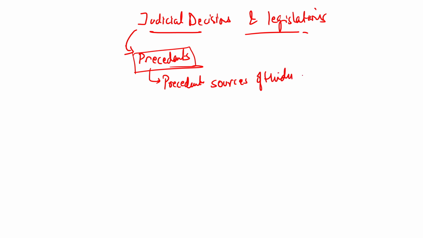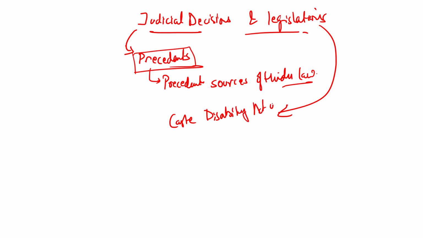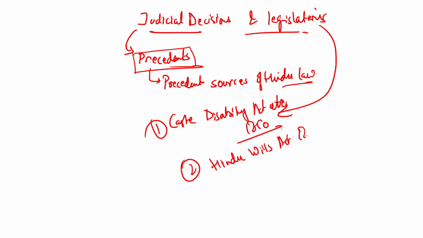Hindu law. And there were other legislations that were created by the government at that time, like the Caste Disability Act, etc. The Caste Disability Act of 1850, which provided the ancient sources or the legislation which provided the sources of the Hindu laws. So you have seen there were other laws also, the Hindu Wills Act of 1870, which provided perhaps another sort of legislation when you talk about the ancient sources of Hindu law.